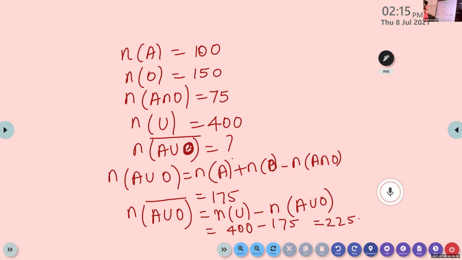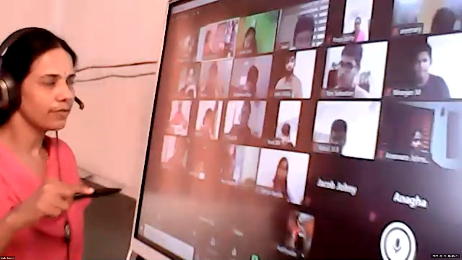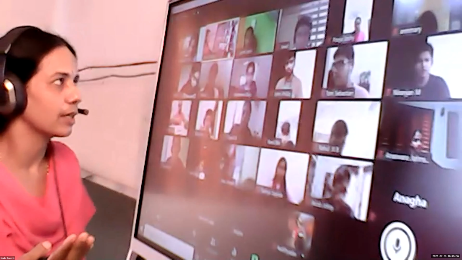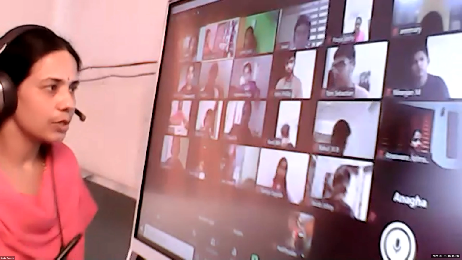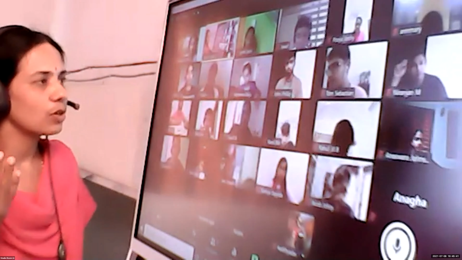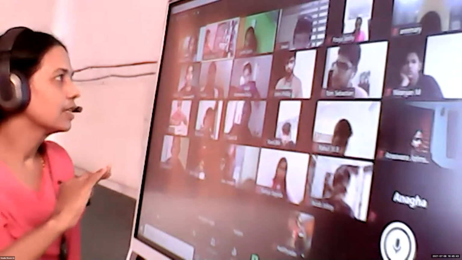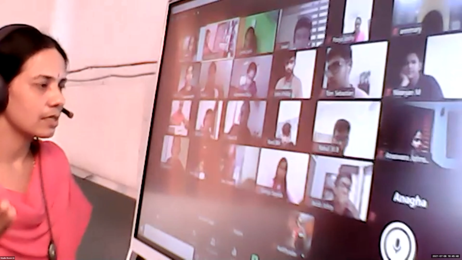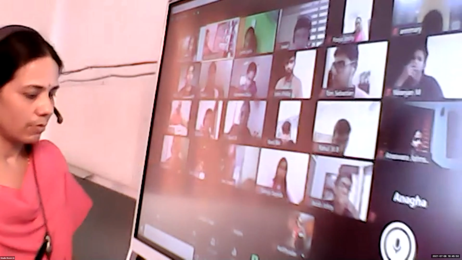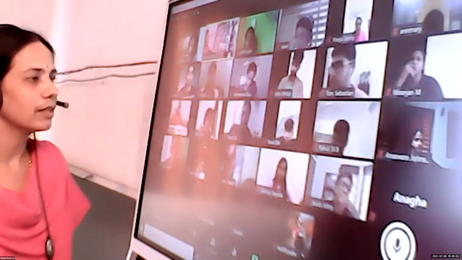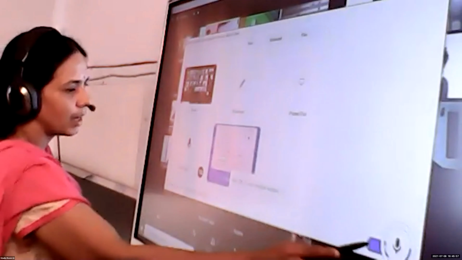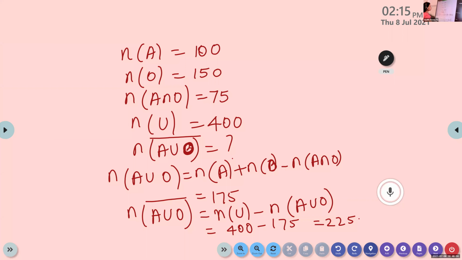Okay, one more formula you note down, children. Here today we learned the formula for two sets: if A and B are two sets, how to find the number of elements in the union. Like this, one more formula is there, for three sets. Actually, in last year's syllabus, it is deleted. Anyhow, note down the formula. When you go for entrance exams and all, you'll need that. We are only going to write the formula, not the problems, because it is deleted.